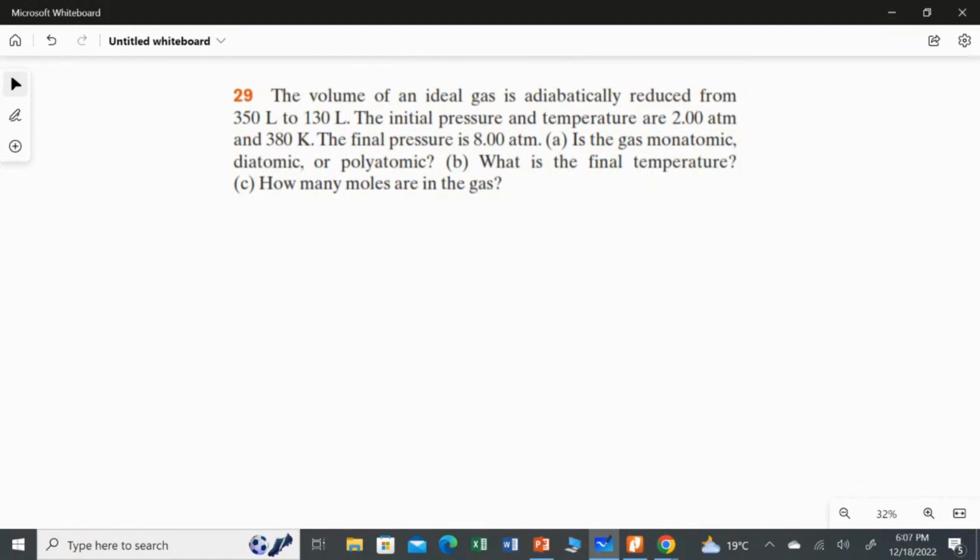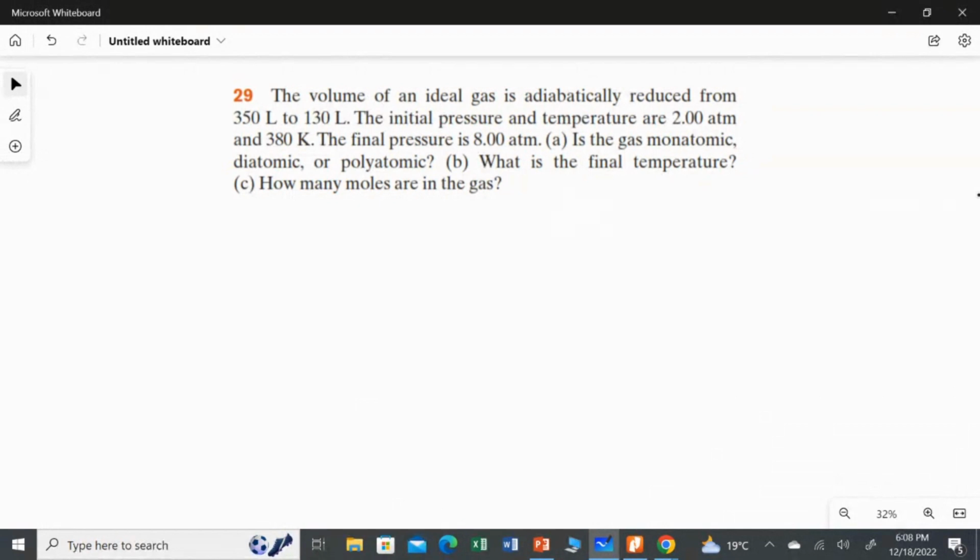First question, is the gas monatomic, diatomic or polyatomic? Second question, what is the final temperature? And the third question is, how many moles are in the gas? So we have to answer these questions one by one, and before that we have to write what is given in the question. The thermodynamic process they mentioned is an adiabatic process,